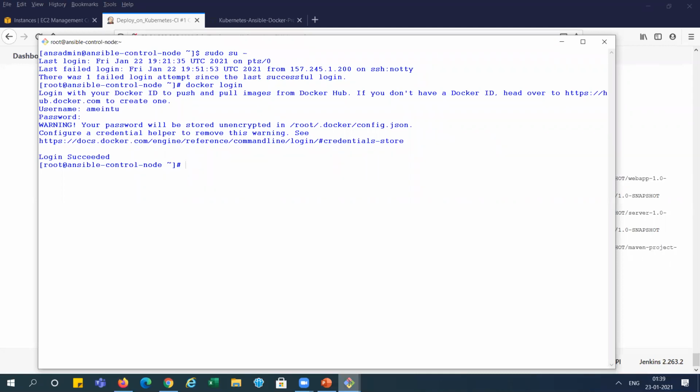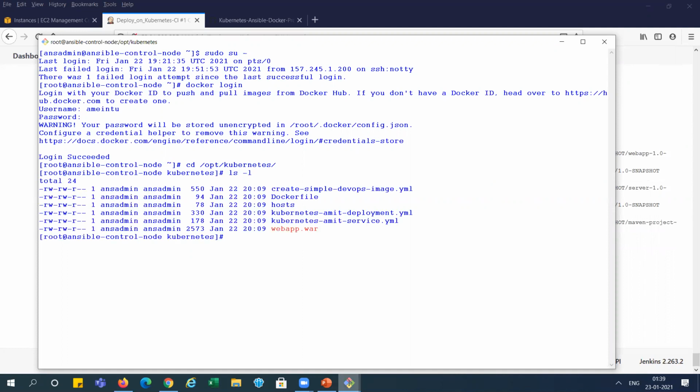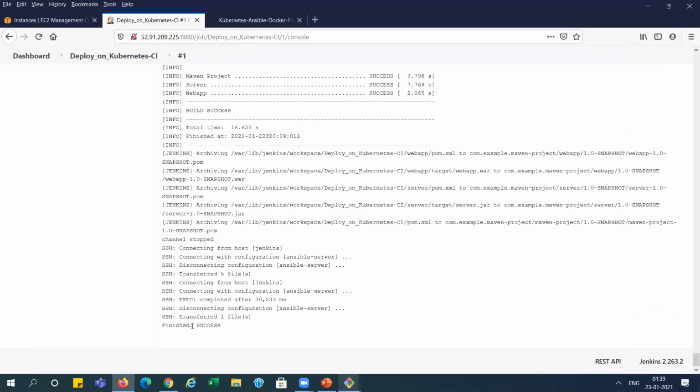And we can see the /opt/Kubernetes folder, it just copied, right? 5 files, you can see. And you can see finish: success. It means it successfully transferred those files, created that image and pushed it to Docker Hub.